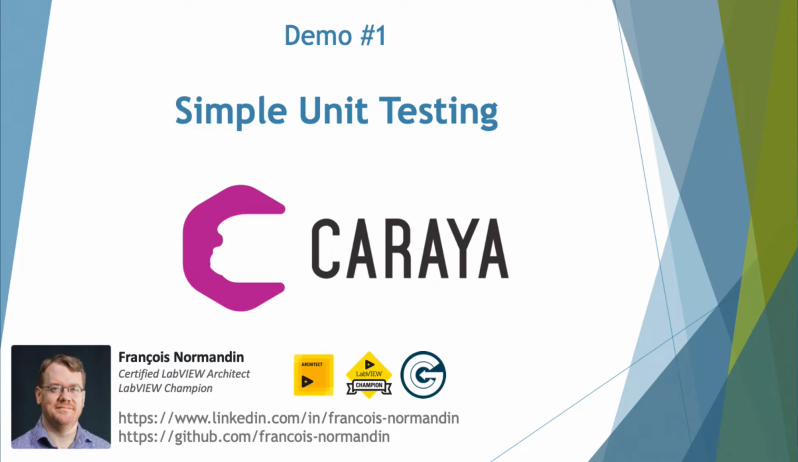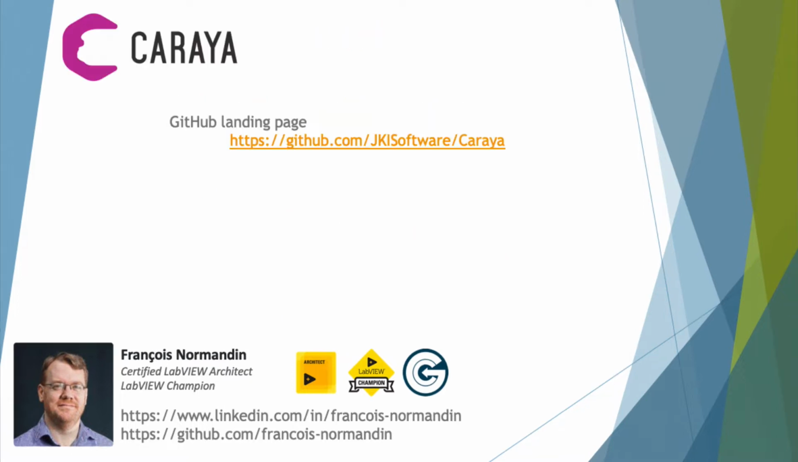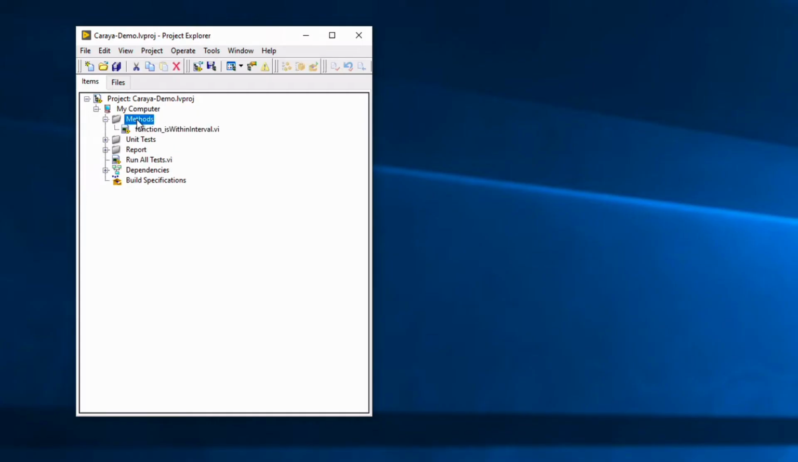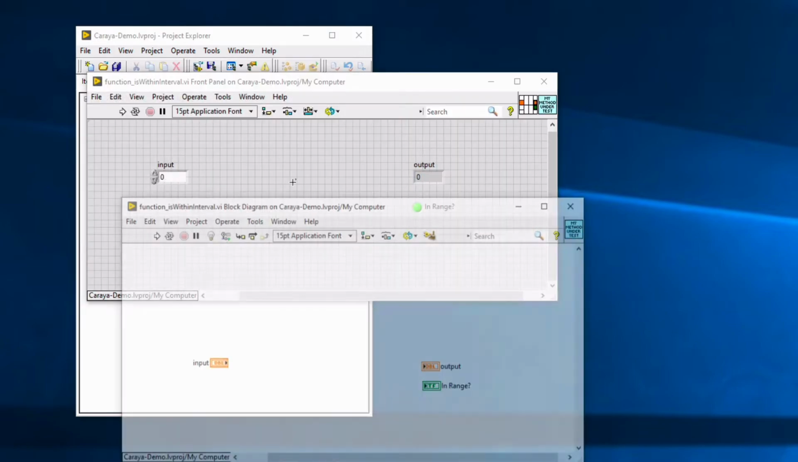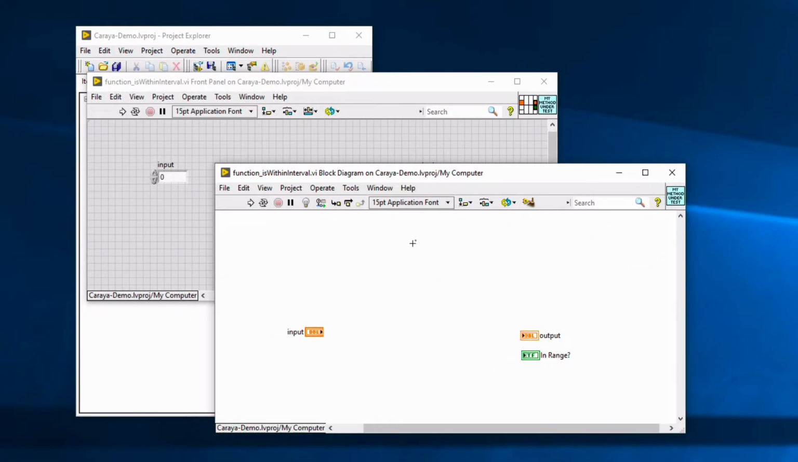Hi, my name is François Normandin, and this is a tutorial on getting started with a unit test for Caraya version 1.0. So in this demo, I'm gonna take a small project, very simple with one method, and here it is. One method that is a function that I'm gonna want to write some code and make a test. And so the code has not been written,